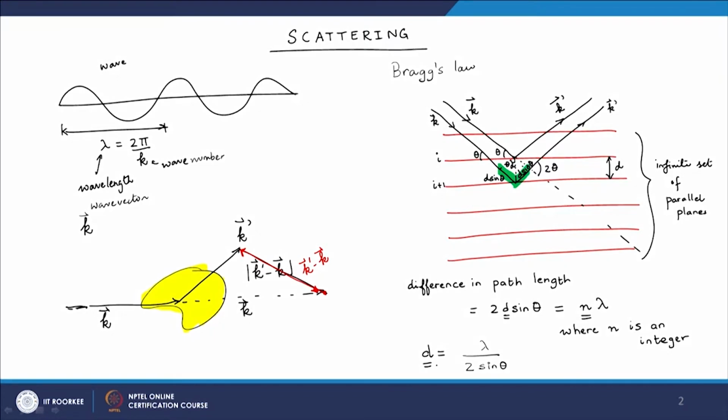So, let me use a different word here, let us say 2d sin theta, capital D, and this small d is between the two planes, just to avoid any confusion. Okay. So, this is the basic idea of scattering experiment, that I can do a scatter, I can know the wavelength of light to start with, and I can measure the scattering angle theta, and then I can get the